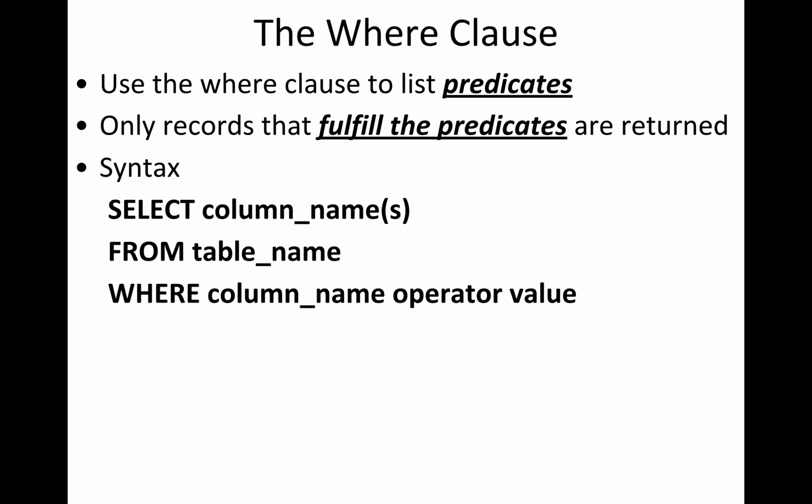Now some of these predicates will be joins, and some of them don't have to be joins, right? They can just calculate whether something is greater than some value, or it's within a particular range, or it's spelled in a particular way, or it's in a particular set of valid values. But some of them will be joins, if you have more than one table. So you can mix and match